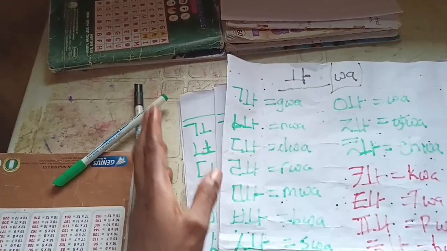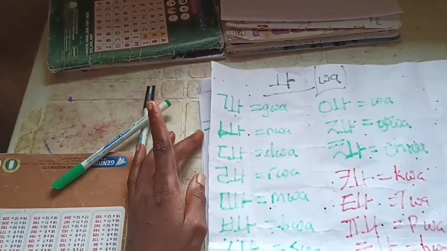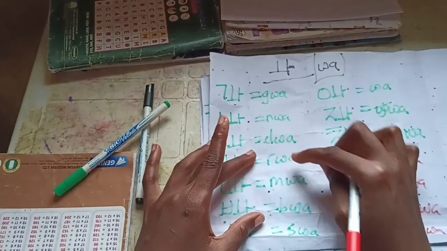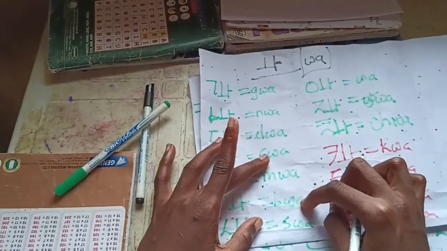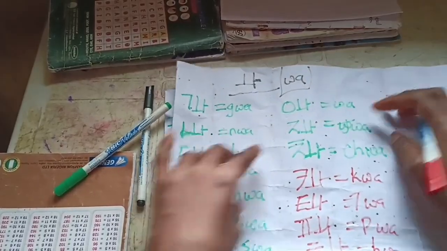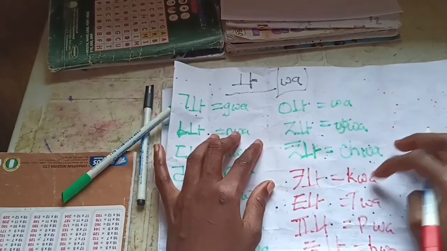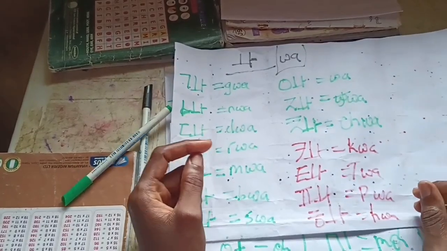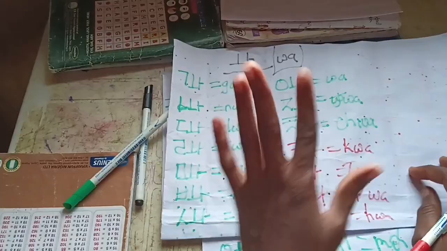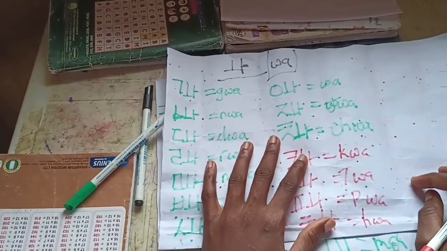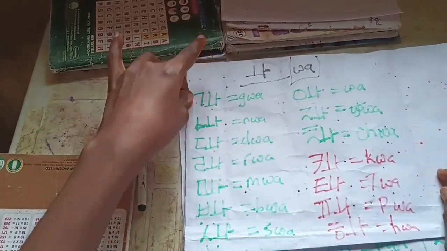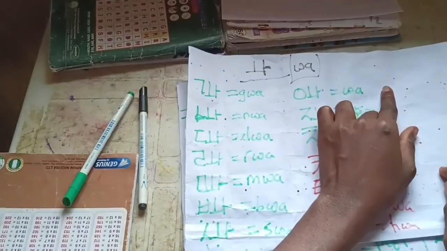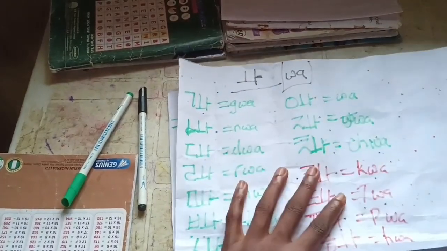HWA. So the pronunciation is gua, nwa, dwa, rwa, mwa, bwa, swa, wa, jwa, chwa, kwa, twa, pwa, hwa. And that's it. So you can use the same method for the rest of the 11 compound vowels. A combination of the 14 consonants and the other complex vowels. And that will teach you how to read